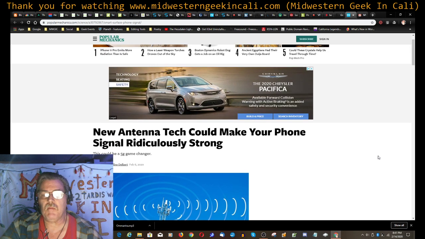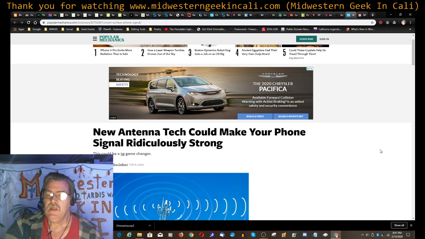They're talking about a much smaller antenna, different software to run it, different physical form, and a whole bunch of stuff. But this is pretty cool if it comes to pass. It might even be better for power consumption on the phone. So definitely a phone geek kind of article, worth a read, and definitely go check it out.